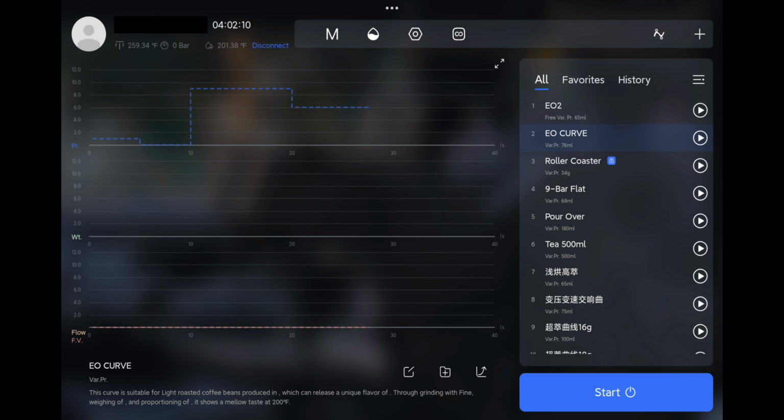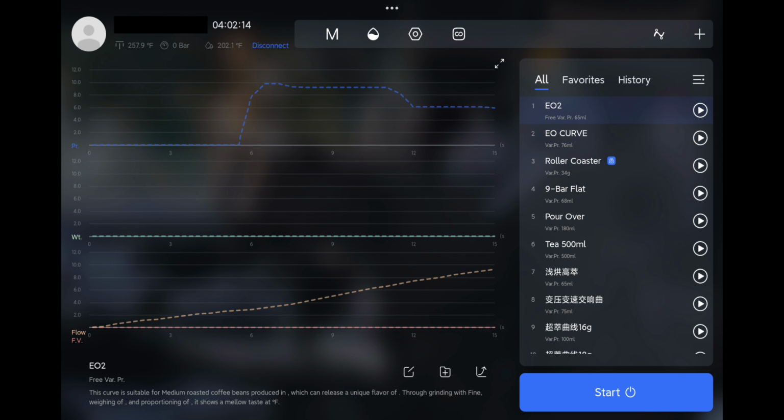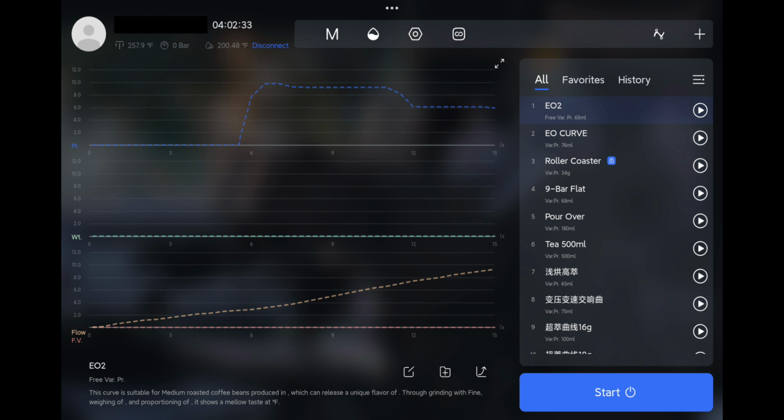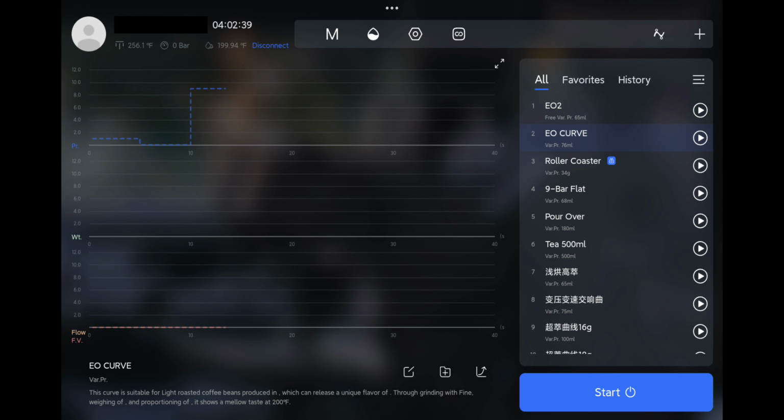It's not really the same curve, but I was trying to more or less mimic the 9 to 6. And you can see that this one is just really hard data. When you pull the shot, it's not going to be that sharp of an edge, but it does have the really hard data points of, I want it to run this pre-infusion, and then I want it to specifically stop. Where this is like, I'm pulling that shot with a paddle. And you can really achieve a very similar extraction, but this, in my opinion, is a little bit easier to